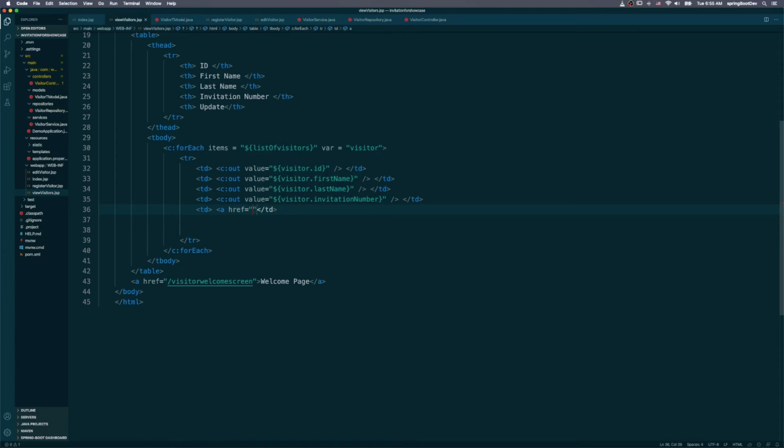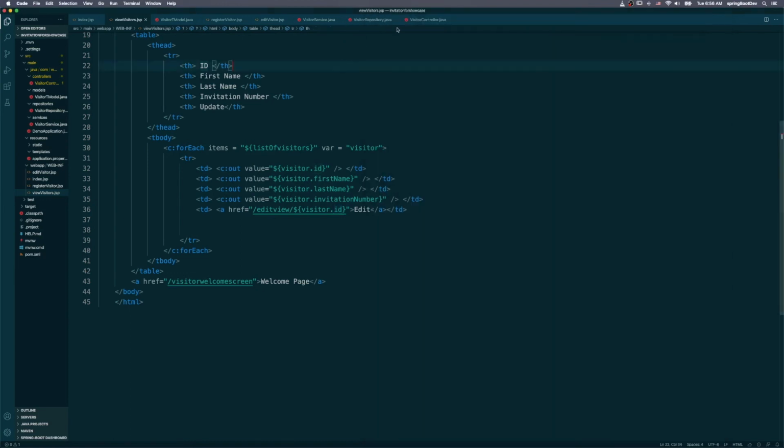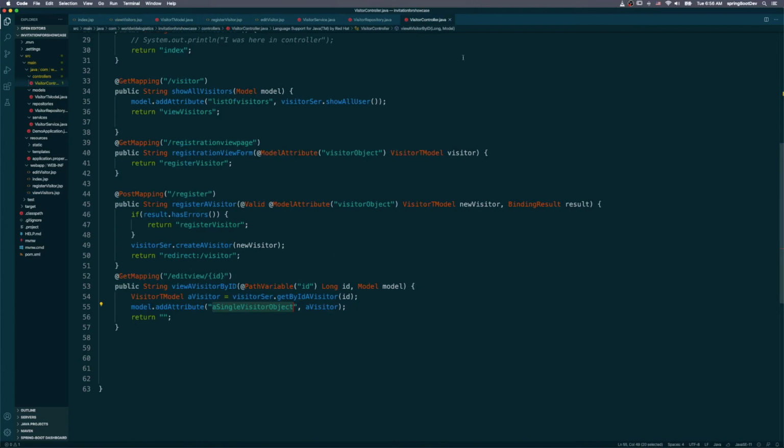It will be going to the address by ID, and that will be what? That will be /edit view, and this will be visitor.id, anchor tag edit. You want to grab it by its ID. It's the same thing here. So we want to grab it by ID, and we want to change that. Okay, let's go to visitor. So we say by ID, get by ID, find by ID, and return